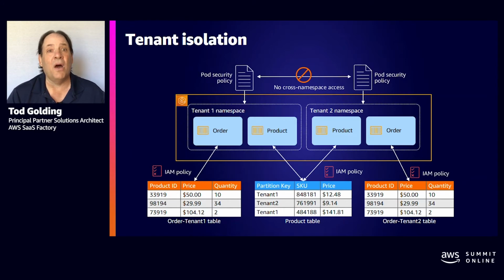We also have a product table that uses what we call a pooled model of storage here, where all the tenant data is in a single table. And in this scenario, we also have to have an IAM policy, but now instead of at a table level, we'll actually look at an item level. We'll use leading key conditions inside of IAM to control a tenant's access to the individual items inside the DynamoDB table. So this is kind of all the moving parts that we can look at today on EKS.